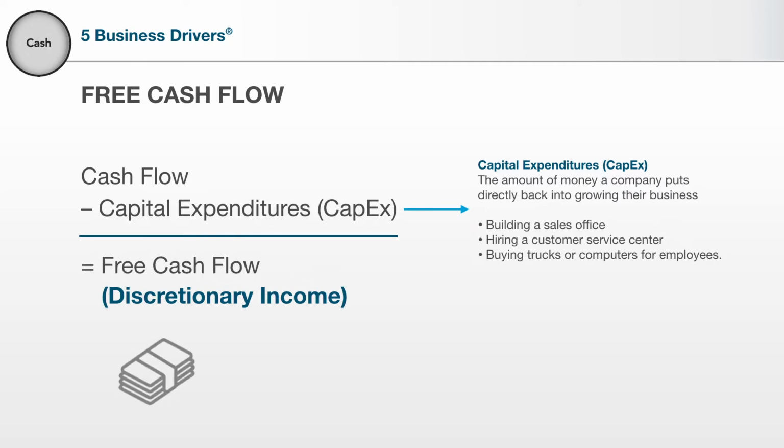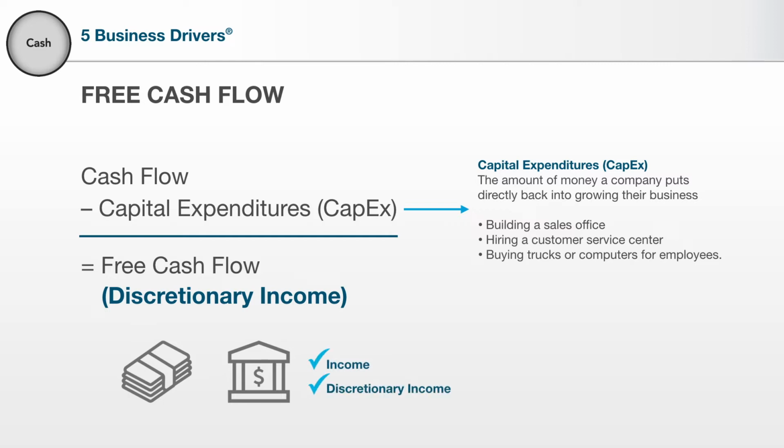Say if you apply for a loan, the bank will likely be interested not only in your income, but your discretionary income, which is often calculated by starting with your income and subtracting your house payment and your first car payment. Now that makes sense. They want to know that you have some stability in your life, that you can afford your house payment, and that you have a car to get you to and from your job. You know, that job you'll be using to hopefully repay the loan.